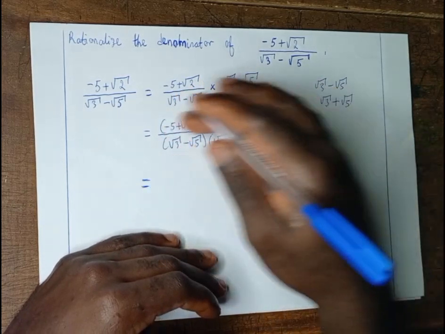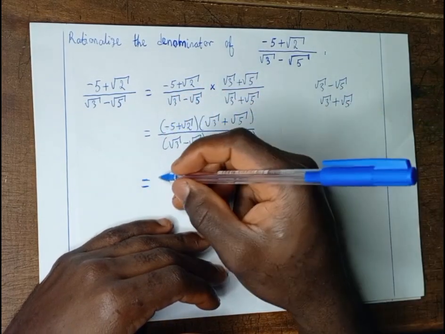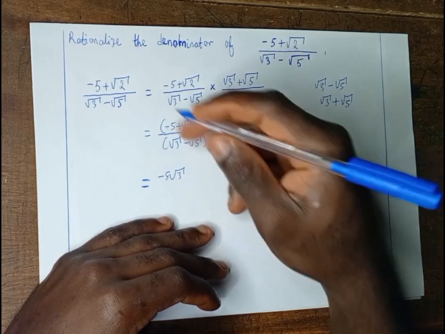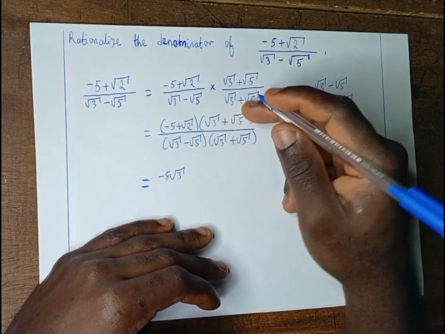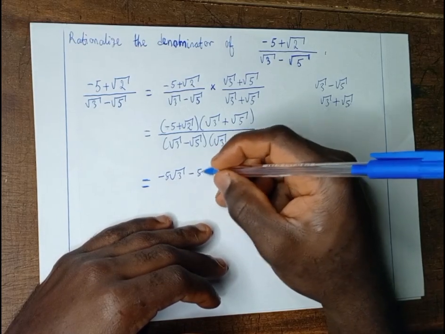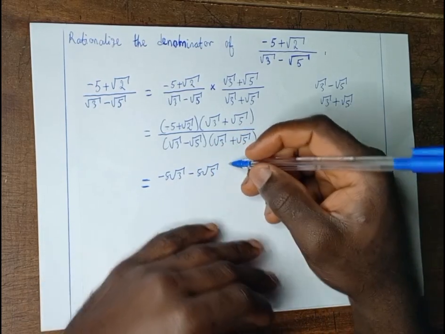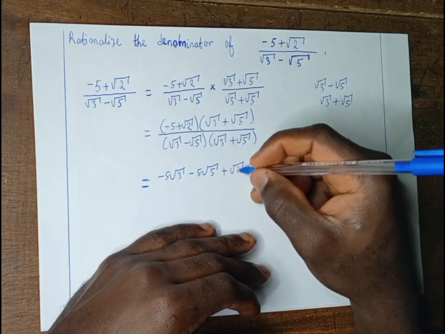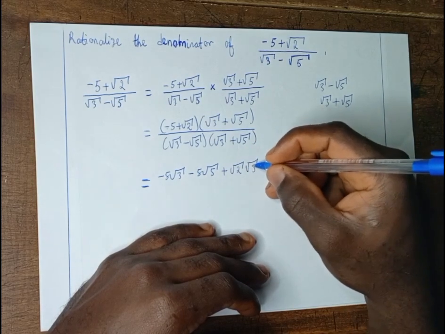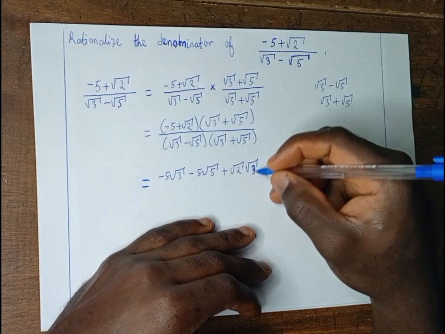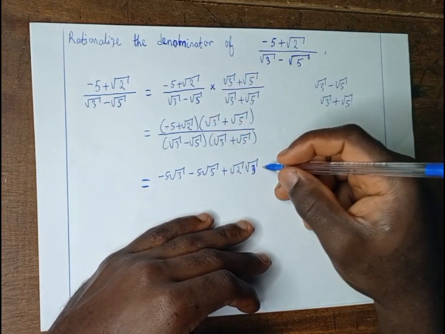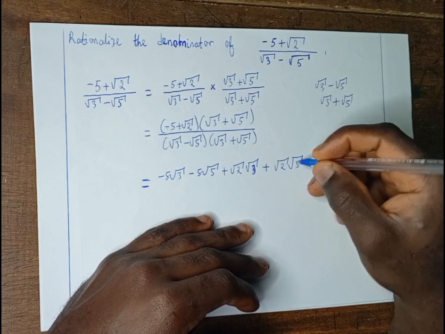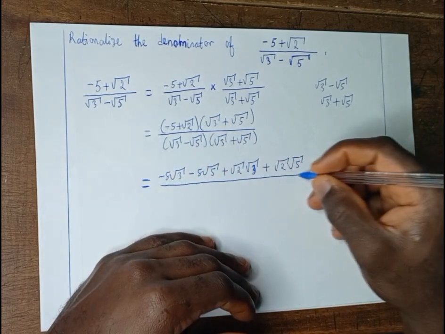At the numerator we can expand the brackets. -5 times √3 will give us -5√3. -5 times positive √5 will give us -5√5. We go now to √2. √2 times √3 will give us plus √2√3. Next, √2 times √5 will give us plus √2√5, all over